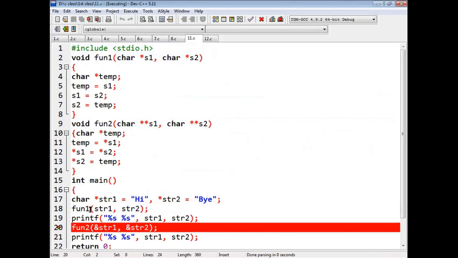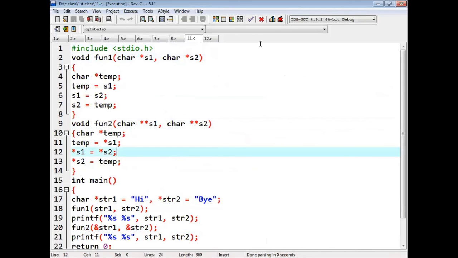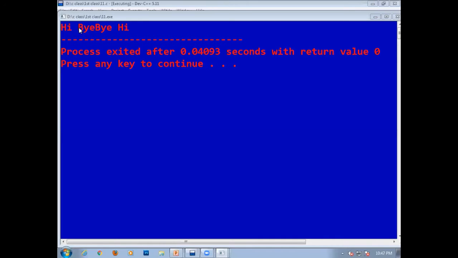Let me run this program. Yes, as in option A, our output is hi, bye, bye, hi. This is exactly the expected output we got before.